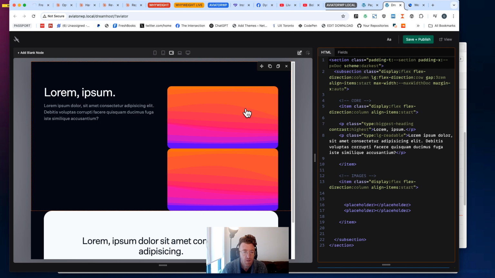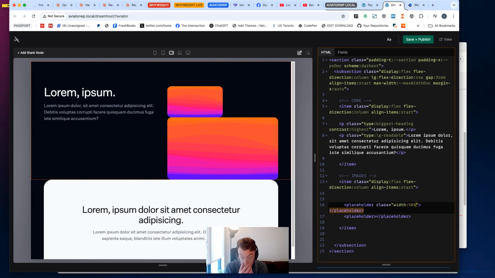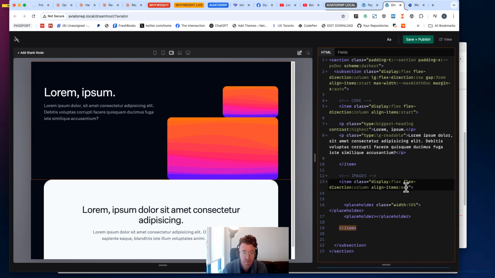So while we do that, let's add some classes to our placeholder elements to give them some width. So the top one, I'm probably going to want that to be like width 50%, and the bottom one can stay full. I'm probably going to want to align this one over to the right side, so I just say align items end. And then I want to maybe use some transforms to make sure that these two guys overlap and these two guys overlap, but I like to pull upwards,